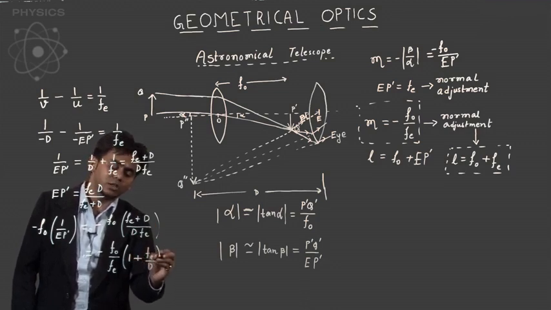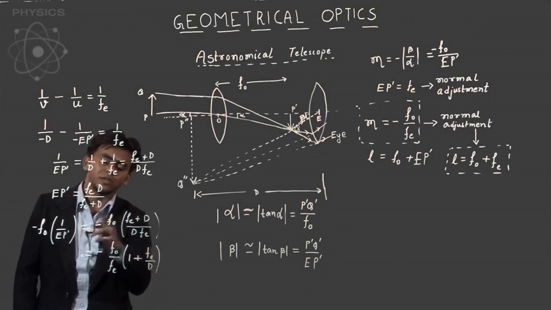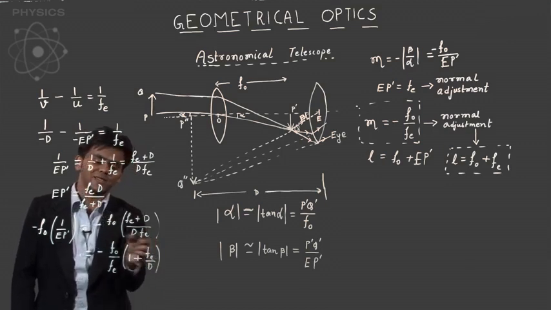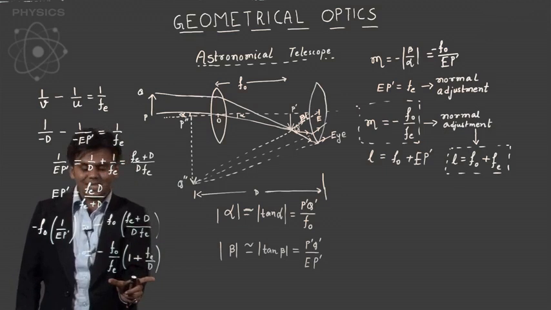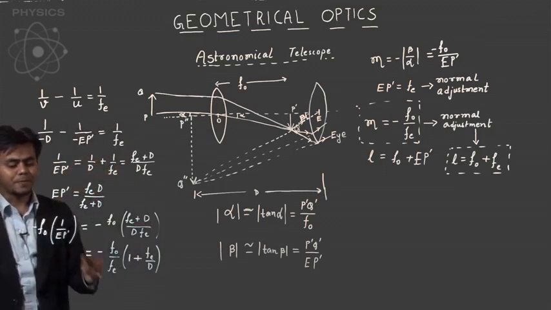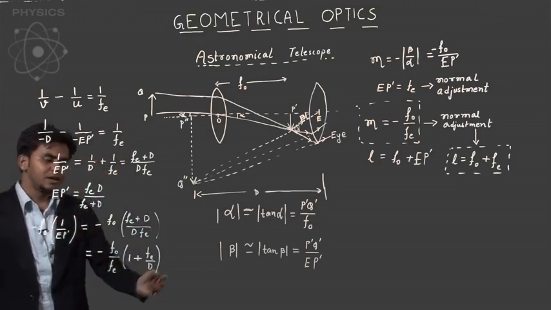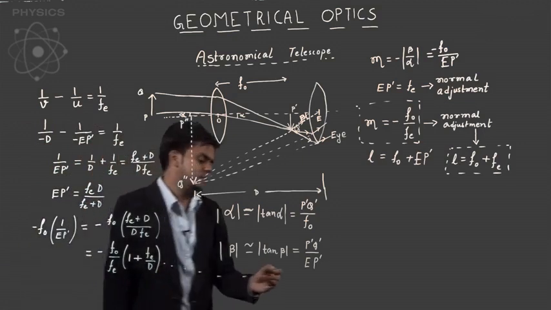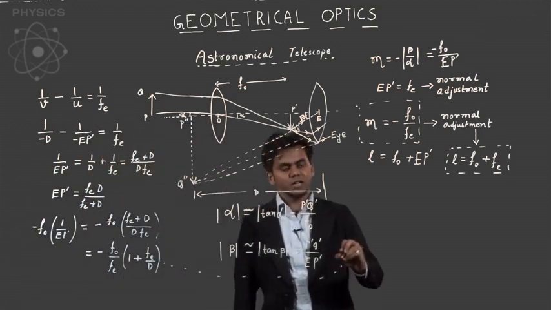You may straight away pause the video, rerun it from this point if you're not clear with it. FE is taken outside. If you take FE outside, you're left with FE plus D by D. D by D becomes 1. FE by D is this thing. Now this is the magnification which we were after. Now use this quantity straight away